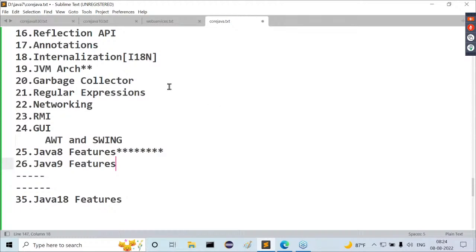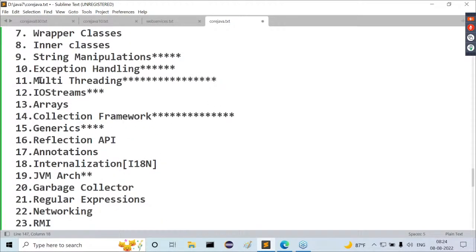But multi-threading is very, very important in certain companies, where it will be asked more and more. If any company is in gaming application development, definitely multi-threading is a main topic. The developer must have hands-on experience with multi-threading if you want to go for gaming application development. In normal application development, all the concepts are important. Okay, right, guys, this is the scenario I'm describing.